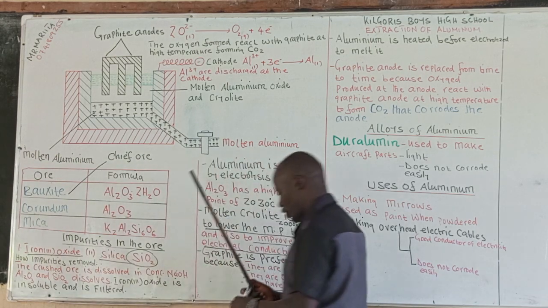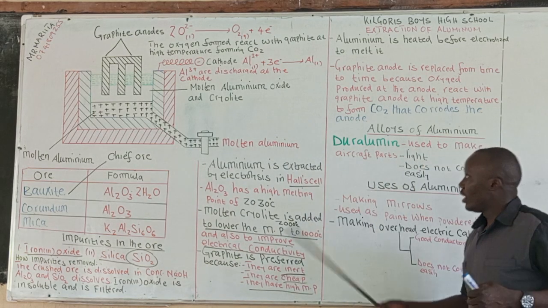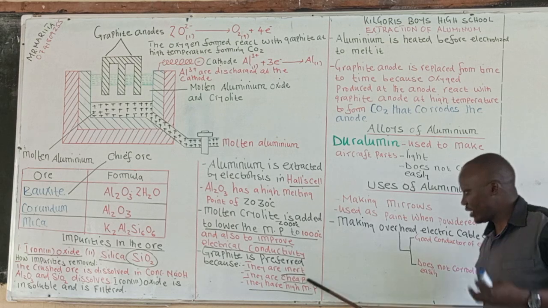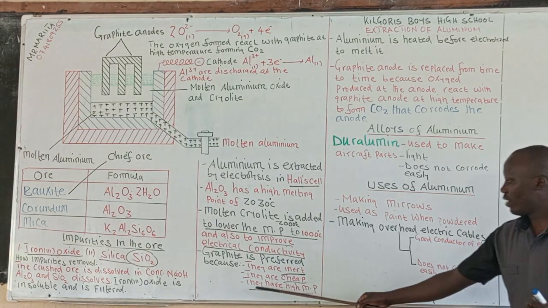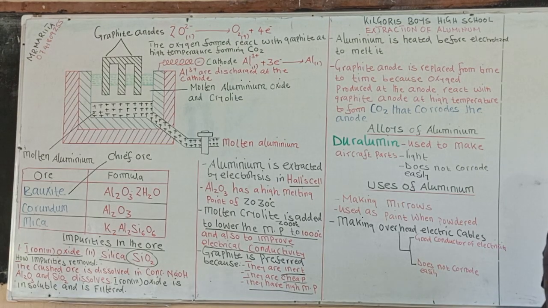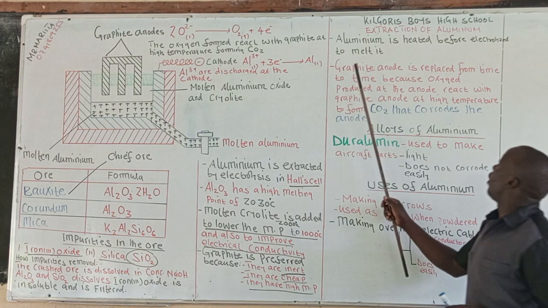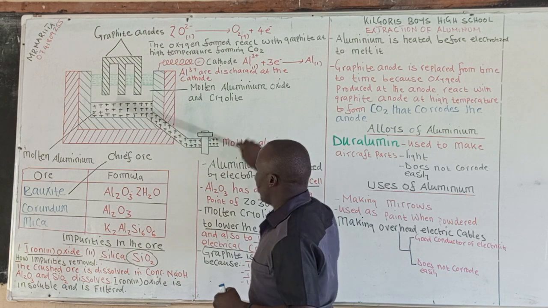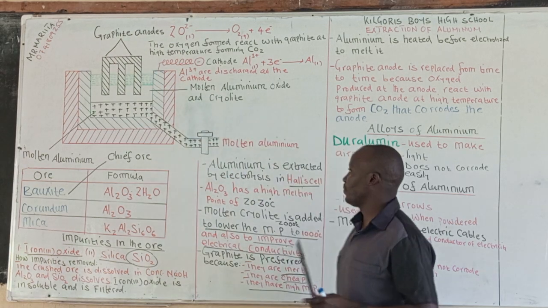So the three reasons why the graphite anode is being preferred: they are inert, they are cheap, and they have a high melting point. Now, before I come here, when you look at this whole cell,